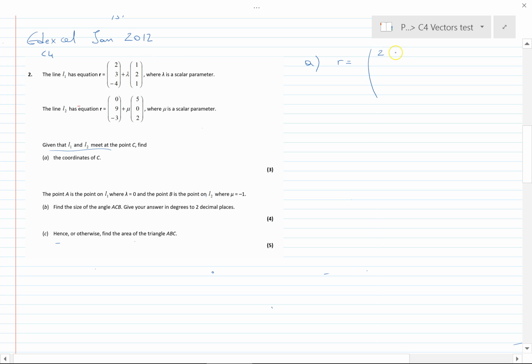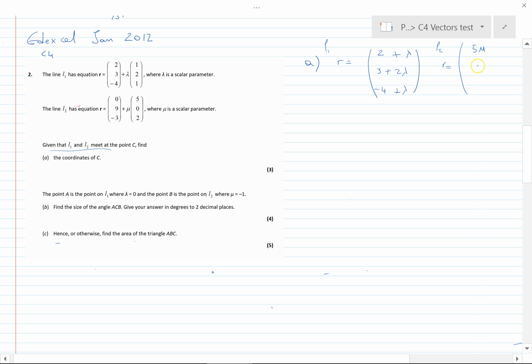So 2 plus lambda. I'm just writing it in column form and bringing the columns together. Then 3 plus 2 lambda, and minus 4 plus lambda. That's line L1. Line L2 will be 0 plus 5 mu,